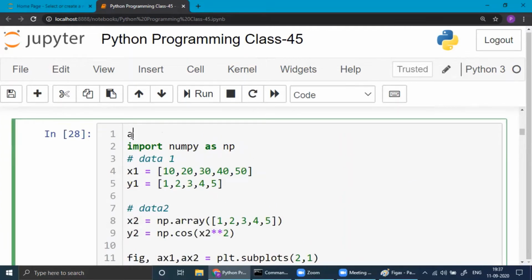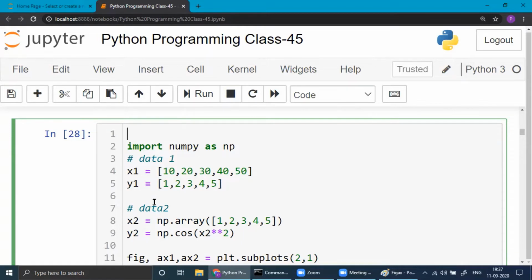Suppose I write A, B equals a tuple, 3, 2. That means A is 3, B is 2. That is called unpacking. You need not write anything; if nothing is there, that's a tuple. Brackets are not compulsory, that is optional. In tuples we write this way. Brackets are optional. So unpacking means you are assigning values.